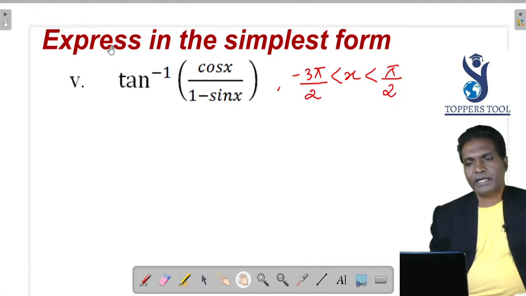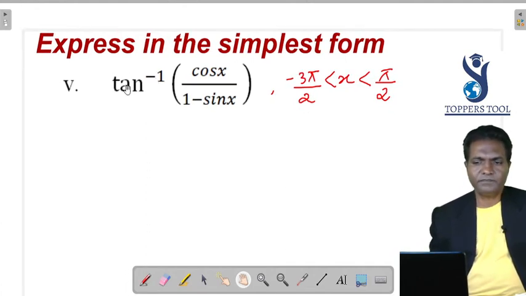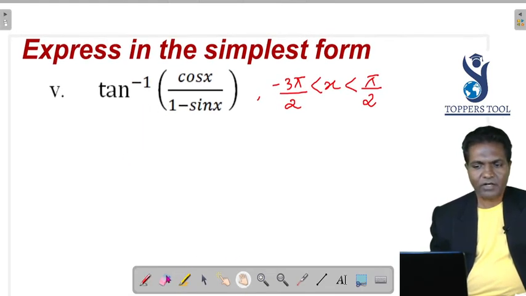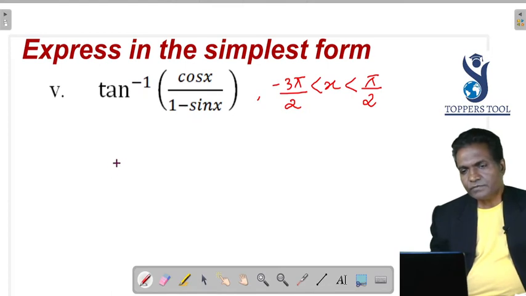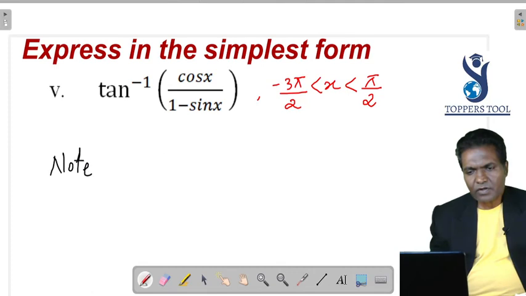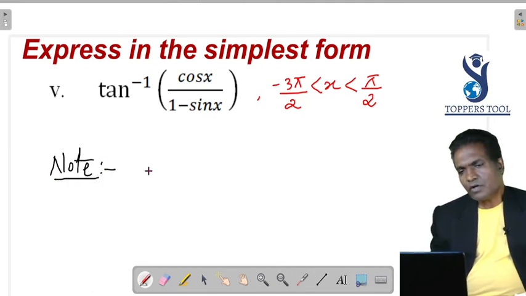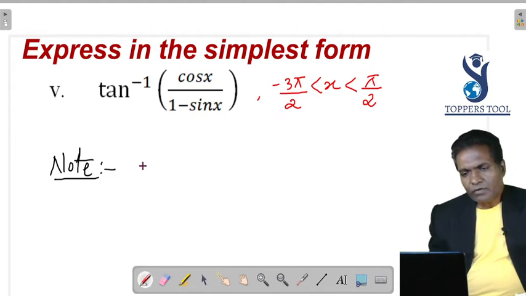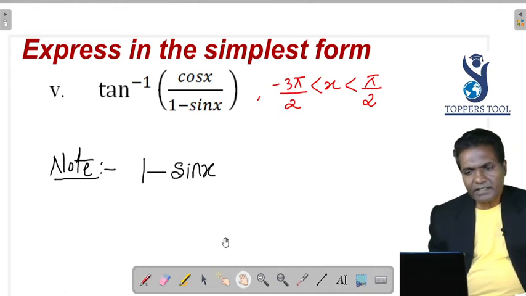Okay, so express in the simplest form, this is given. Okay, so no substitution is required, just use the trigonometric identities. Okay, so remember this. Note: 1 minus sin x can be written as,